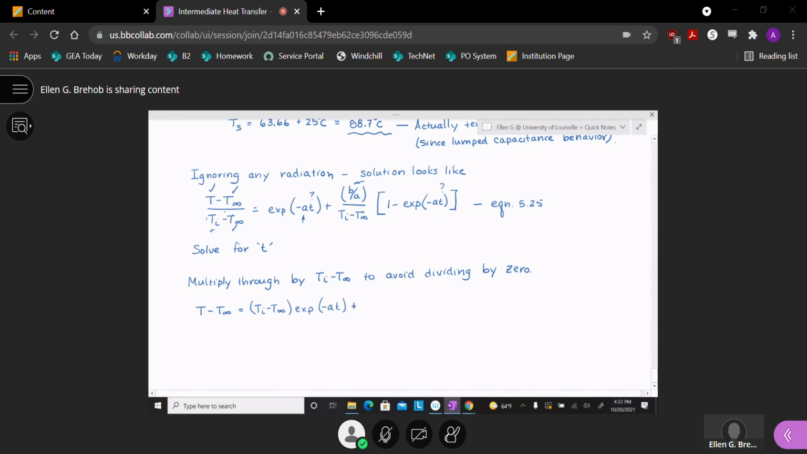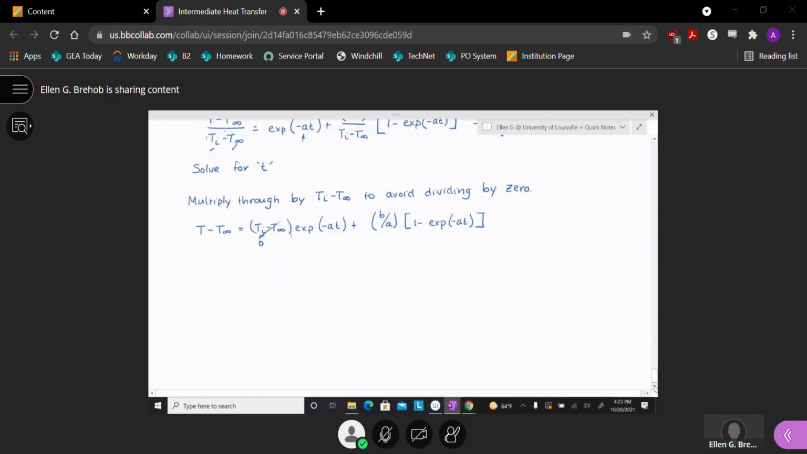Okay, and we've got Ti minus T infinity already here, so this simplifies this one a little bit. And then, since this is equal to 0, we end up dropping this first term that has just the exponent, not the 1 minus exponent. So our equation looks like